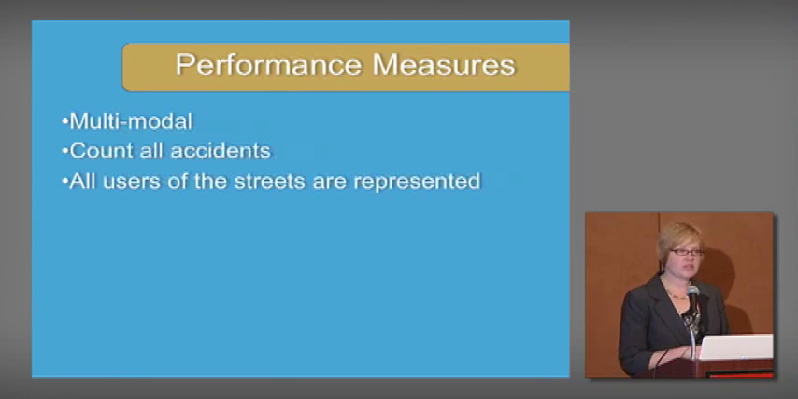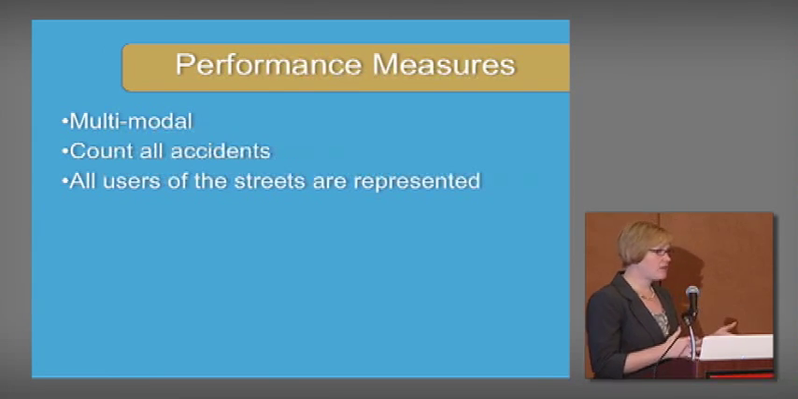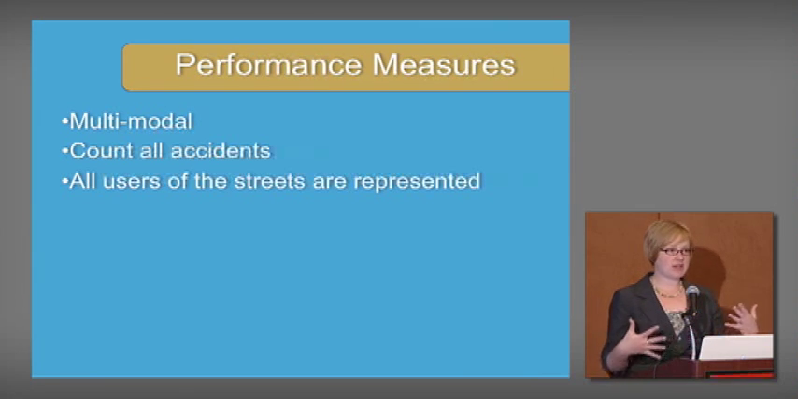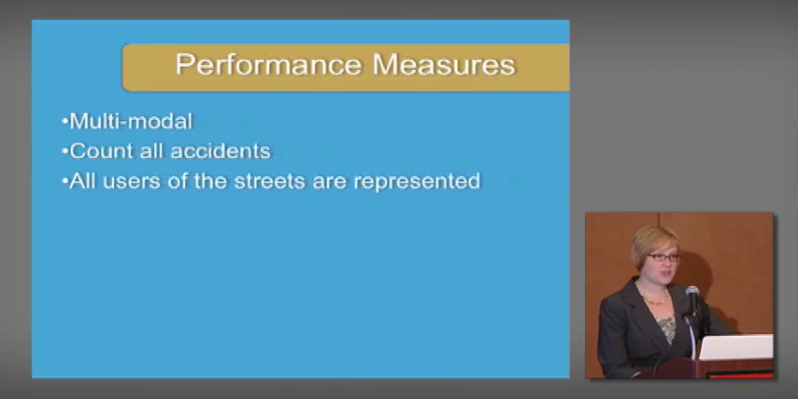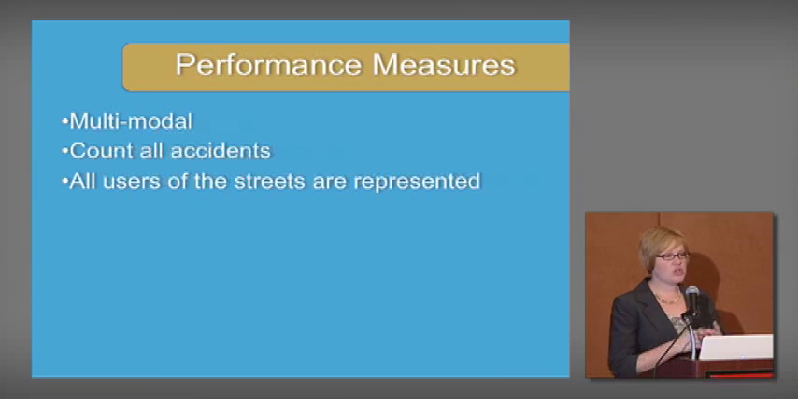And when we move to performance measures, we've talked a lot about how what is measured counts, and that's how decisions are made. So we really need to make sure that we have multimodal measurements. It's great if we have before and after policy adoption numbers, but the really important part is that we are changing our performance measures to measure all users of the streets, that we're counting accidents, including bike and ped accidents,